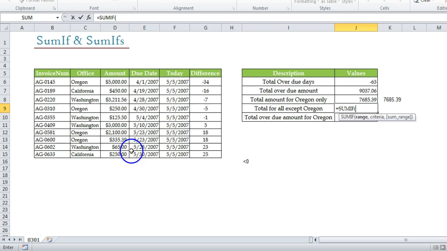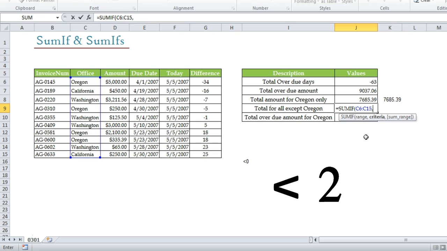You agree? Now let me give it a range. Selecting this range, comma, criteria. Now you know about the criteria. We need everything except Oregon. So we need to type in not equal to Oregon. Now it's very simple, guys. If I say not equal to, maybe you are thinking that it would be an equal to with a slash, that could be a not equal to symbol, but that doesn't exist in computer language, so that is not the solution. Now I'll ask you one question, tell me the answer.